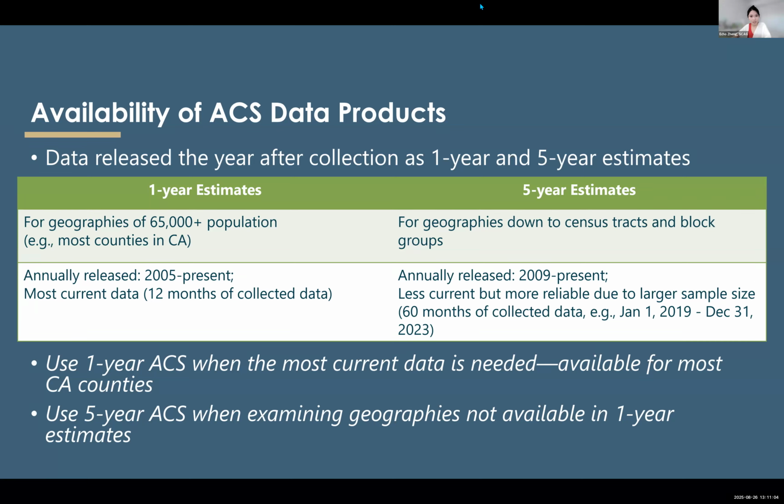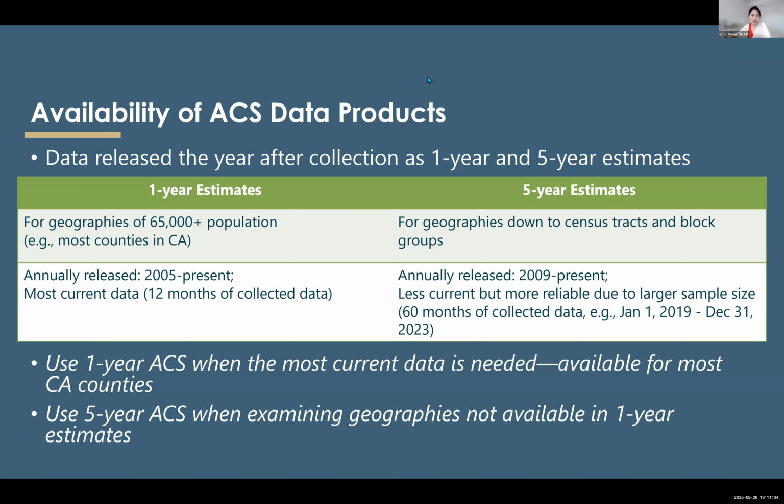So at the end of this year, we will have the 2024 5-year data, and that will reflect the data collected from January 2020 to December 2024. So the key takeaway here is that you use the 1-year ACS when the most current data is needed and when it's available for most of the large geographies.